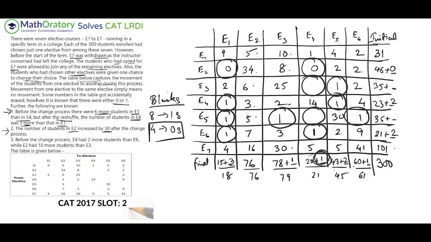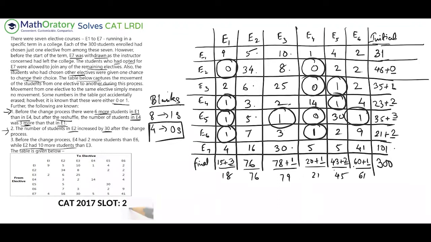And if you remember, E4 was the only doubt. So if this is 1, then these two are 0 and our table is complete. I don't even require this information to complete the table. So this is done. So now let us fill this up. E3 is 1 here. E5 is getting 3 blanks, each of them 1. So this is 3 here. So let us get these totals done as well.